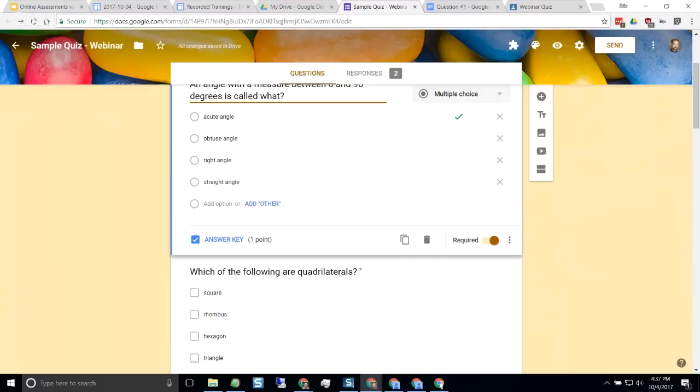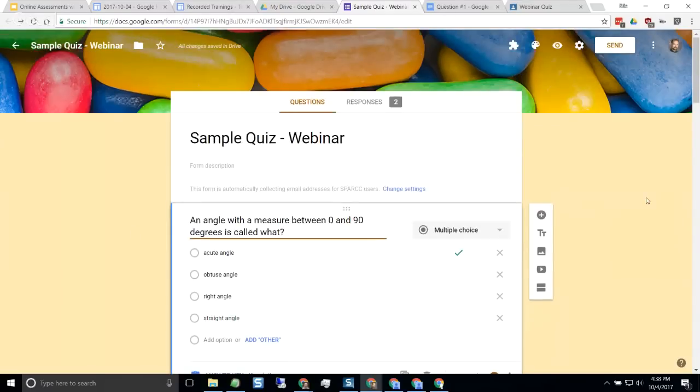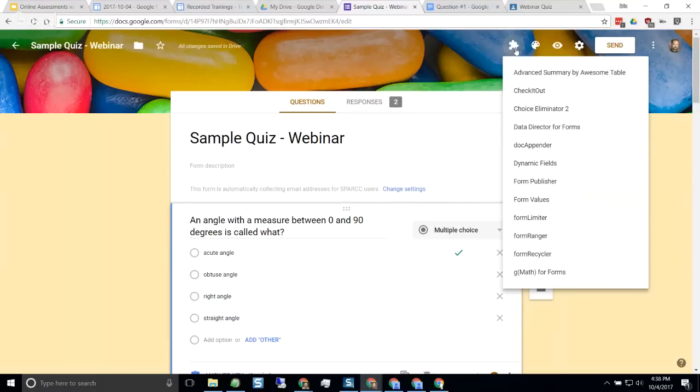Can you set a timer? No, not really, but there is an add-on you could go with that is called Form Limiter, and Form Limiter will turn a form off at a certain date and time, but it's not like 10 minutes from now. It's not like that. You would have to go in and set the date and time. That's a little beyond what we're going to talk about here today, but it is an add-on, and it's called